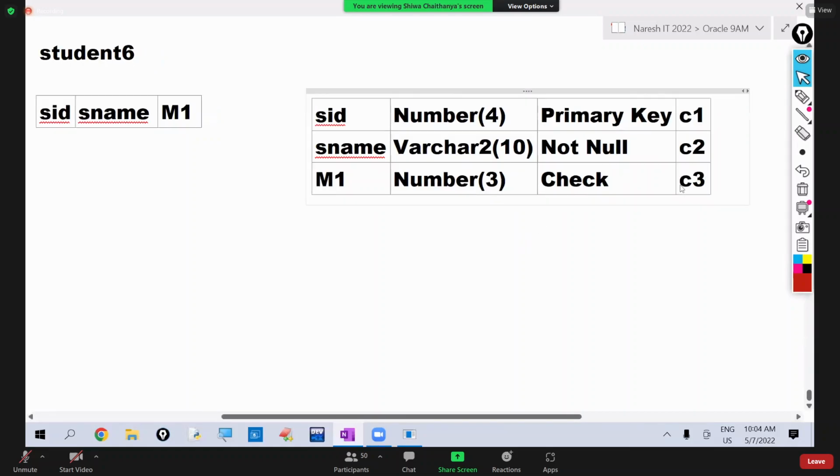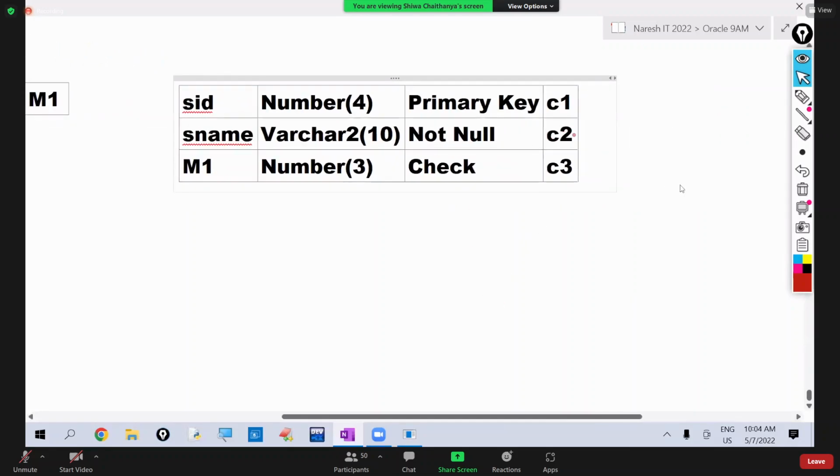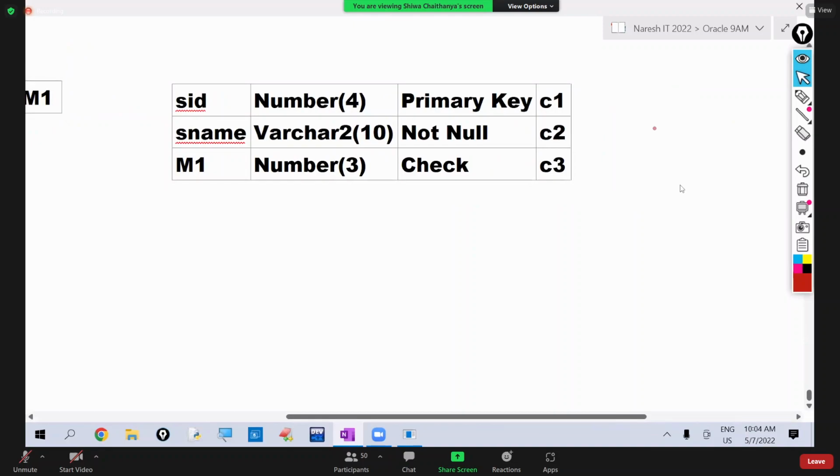So can we apply not null at table level? No. We have to apply this at column level. So we can apply primary key and check at column level, but now we want to apply them at table level. And this check also we want to apply at table level. Okay, now you tell me,